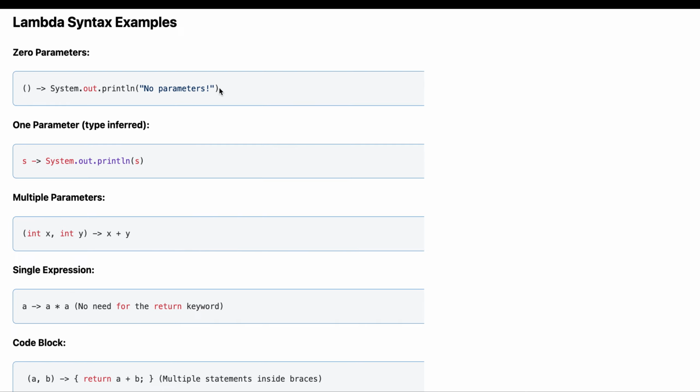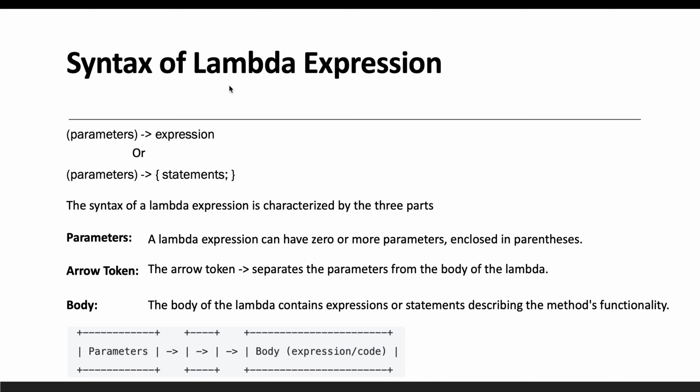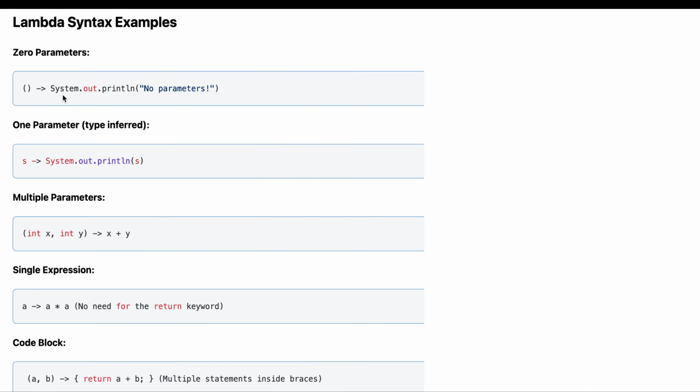And again here there are two things. Body of the lambda, in the sense when there is one statement, let's say System.out.println and some statement, then we need not provide the curly braces. But as per the syntax we have seen, it's required, like some parenthesis or curly braces, right? But in case of a simple statement inside the body, we need not provide any curly braces.